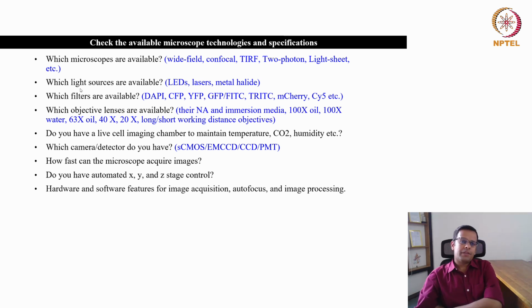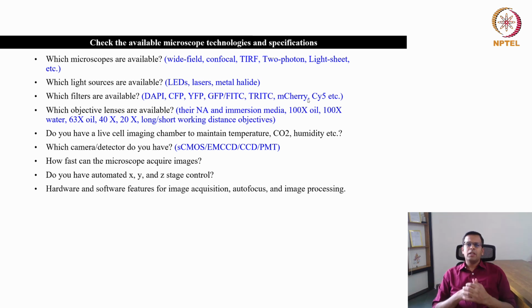There are so many different varieties of filter cubes available for different fluorophores like DAPI, CFP, YFP, GFP, FITC, TRITC, mCherry, Sapphire. So you have to ensure which filter cubes are available in your microscope.